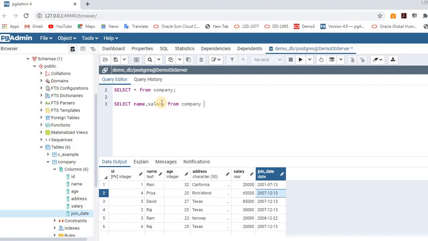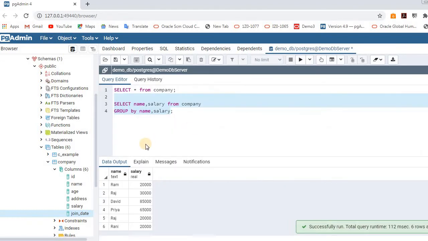Here I'm going to do group by name, salary. First we will execute only group by, and after that we will do the having clause as well. Nothing will change, because we only got these two details, with a total of 6 rows.